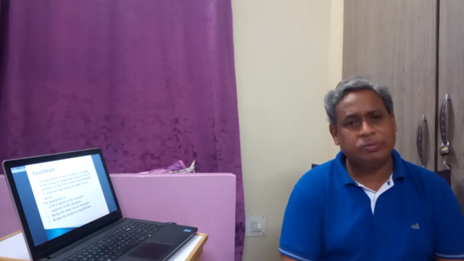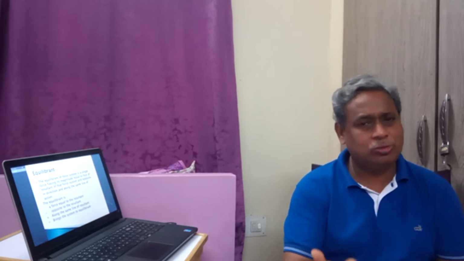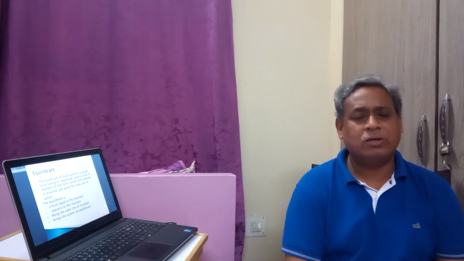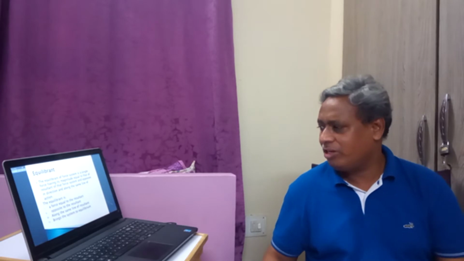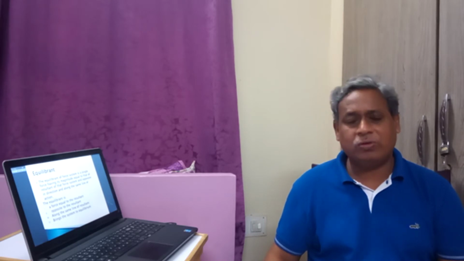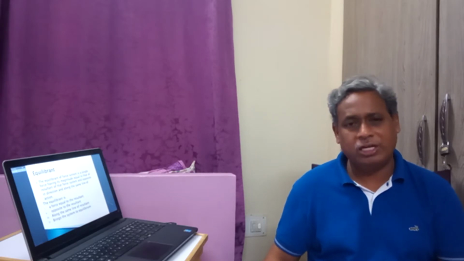The equilibrant should be a force which is opposite to the resultant along the same line and equal to the resultant. So we can conclude that the equilibrant is a force equal to the resultant, opposite to the resultant, along the same line as the resultant. Therefore it brings the system to equilibrium. That is, it brings the particle or a body to the state of equilibrium.